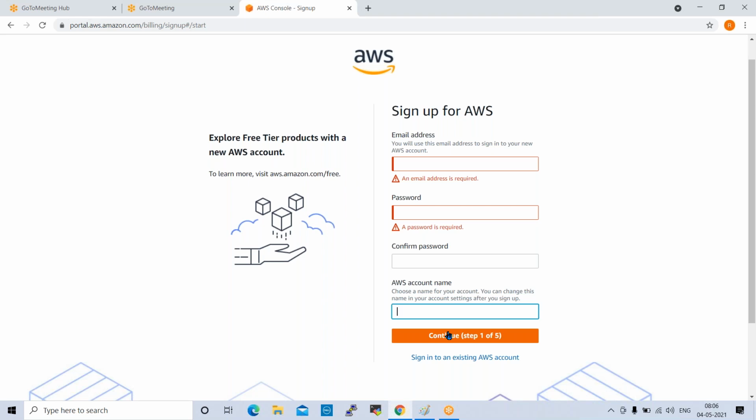Okay. So a bill will be generated, but they will not charge anything from your account. Unknowingly, they will not charge anything. So if you utilize beyond the limits, what will they do? They will not charge anything, but they will suspend your account. They will stop your account. So again, we need to create one more account. Nothing will happen. So first they will send some emails. You have generated this much bill. You need to pay the bills.